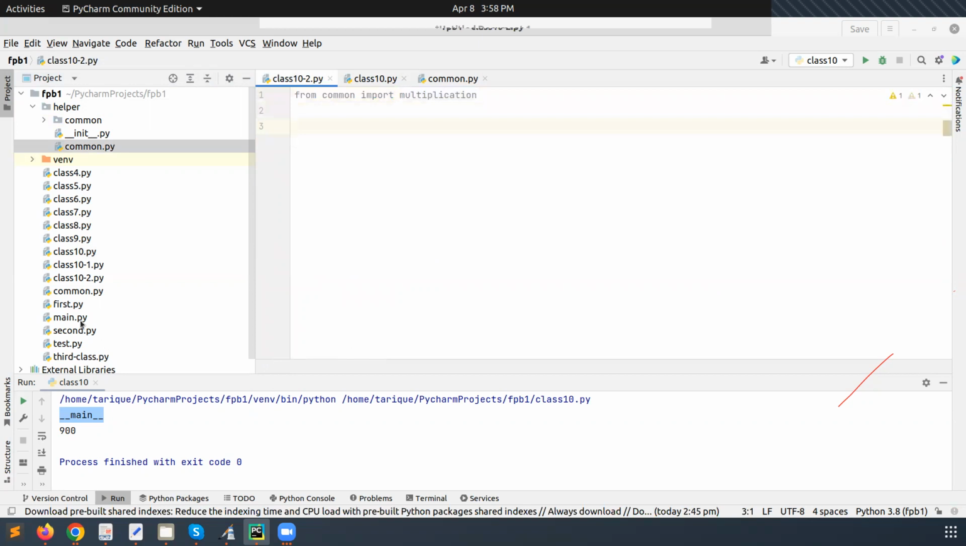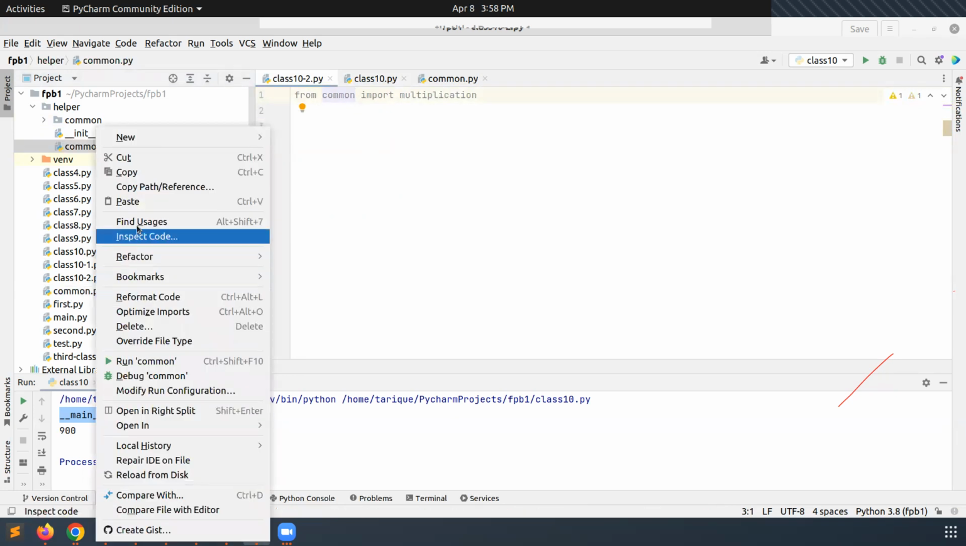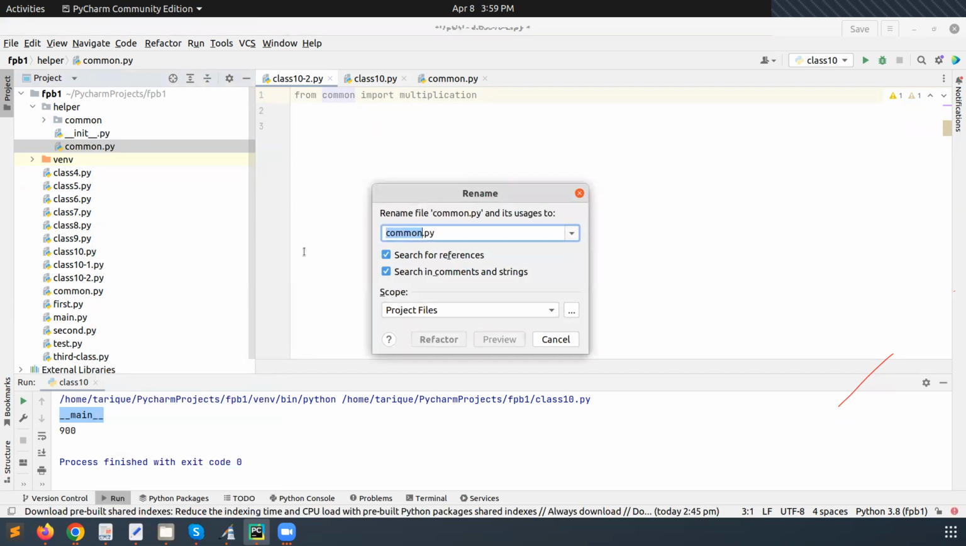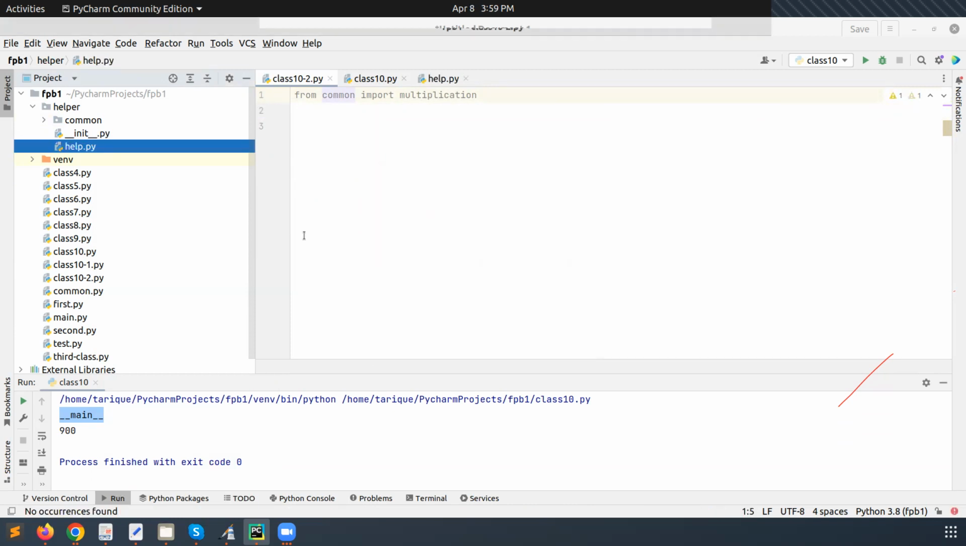Right now, why is it working? Because common is already available here. So I am just renaming this. I'm changing the name: refactor, rename. So here I am creating help. Now if I want to call this module,